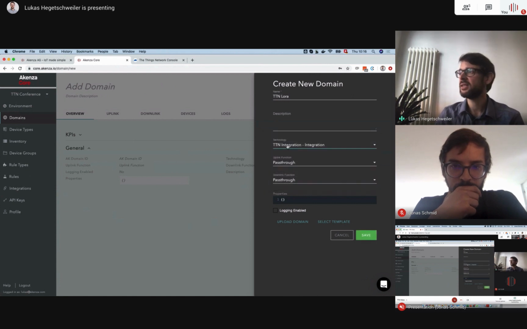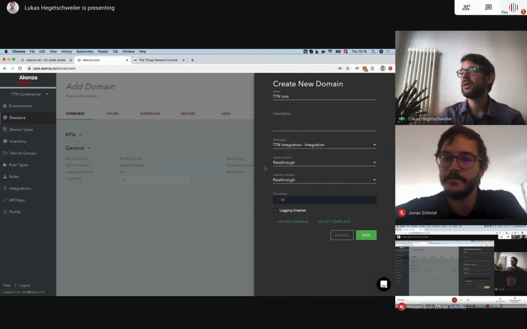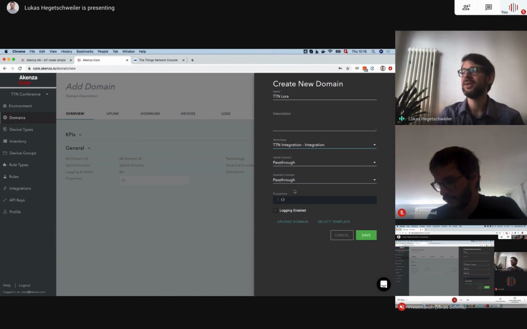We select this here. And the pass-through function here means that all the data that is received by the TTN network is just not parsed, it's just passed through to our device. I will explain later, just a short notice about how to enrich the data with more information. You can later write the decoder which parses the data in a much more fancy way than pass through. But we're going to go for the easiest way now with pass through,